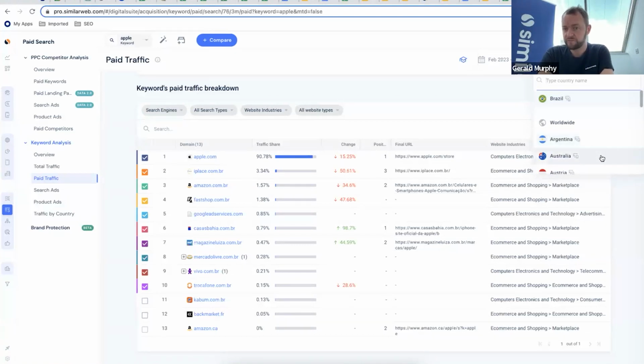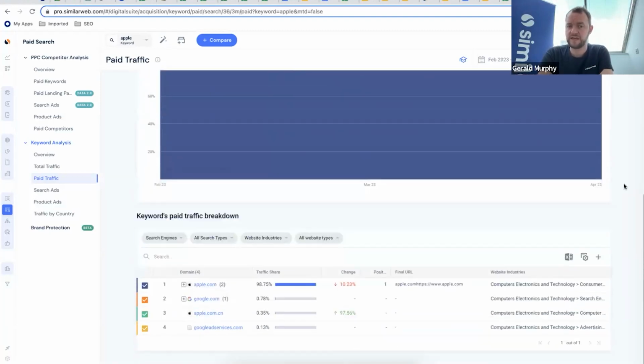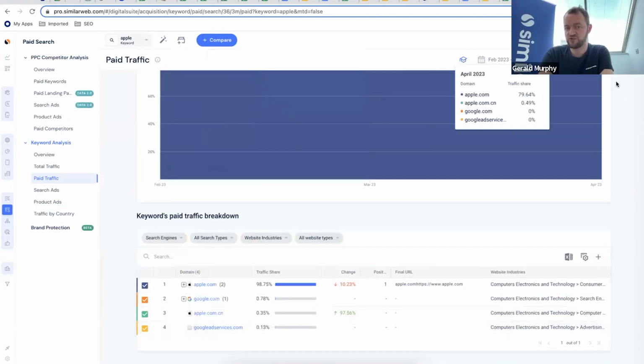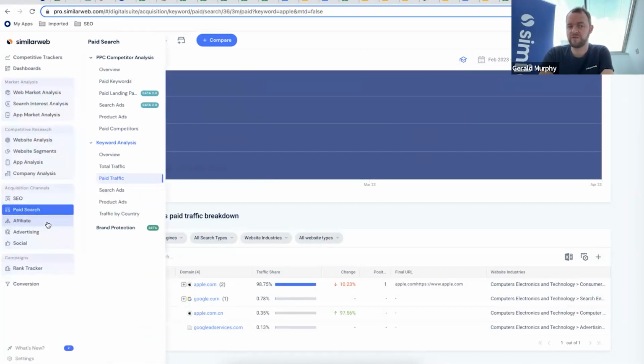More importantly, what markets have a lot less competition in them so that you can strategically start to pay and position paid search? So for example, for Apple in Australia, Apple owns that market, but there's no other domain really successfully driving paid search traffic to it. As a result, that can be a really good pot of gold, which you can go and do further investigations of.